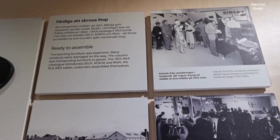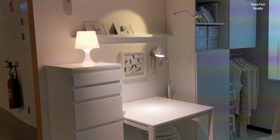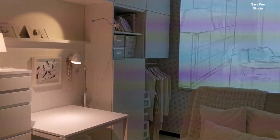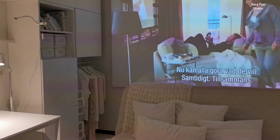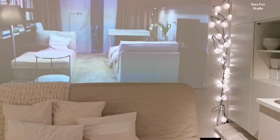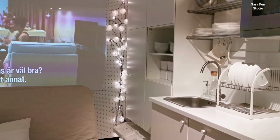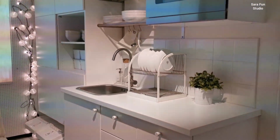IKEA is famous for its easy-to-build furniture, but do you know why it is so easy? I'll tell you. Actually, Ingvar has dyslexia. Dyslexia is a disorder in which the person finds difficulty in reading and learning, but it does not affect general intelligence. So numerical codes for each item were a real challenge for Ingvar, so he replaced the numerical codes with